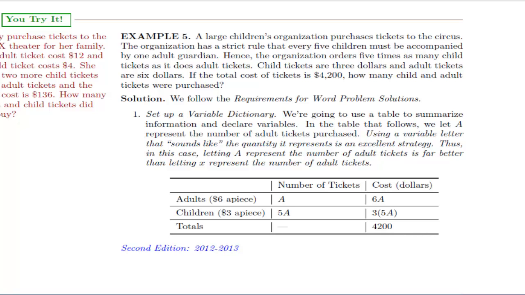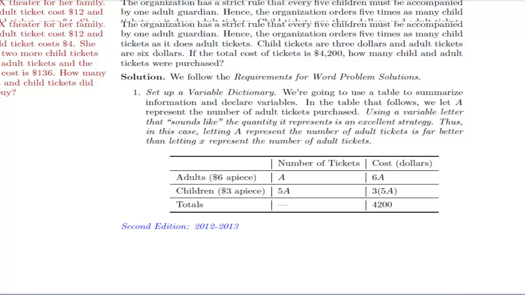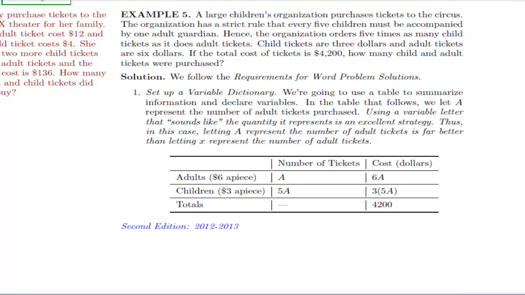Solution. We follow the requirements for word problem solutions. 1. Set up a variable dictionary. We're going to use a table to summarize information and declare variables. In the table that follows, we let A represent the number of adult tickets purchased. Using a variable letter that sounds like the quantity it represents is an excellent strategy. Thus, in this case, letting A represent the number of adult tickets is far better than letting X represent the